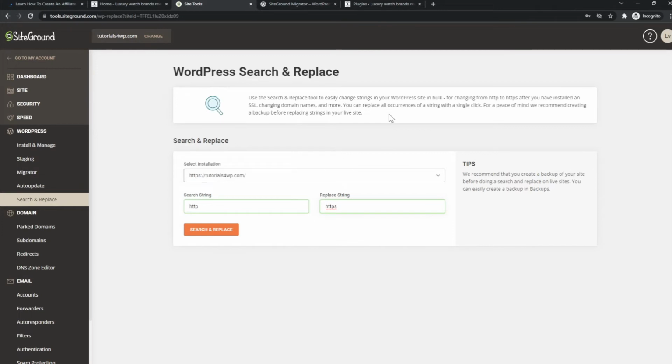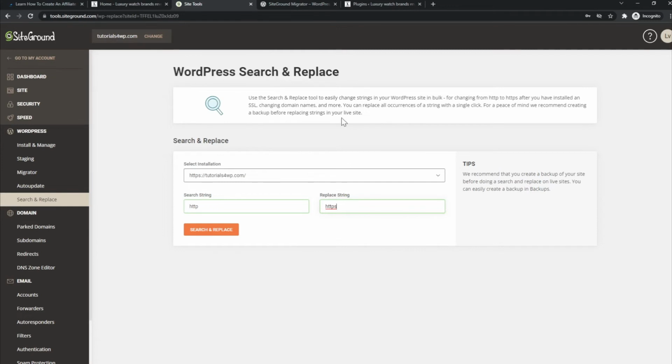So it's very easy to do, but like it's also mentioned over here, it's recommended to make sure to have a backup for your website. So if anything might go wrong, I have never experienced it, but if anything might go wrong, then you also have a backup available, an immediate backup that you can set back.